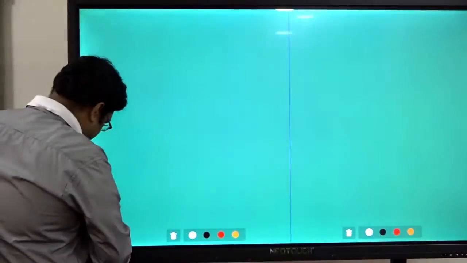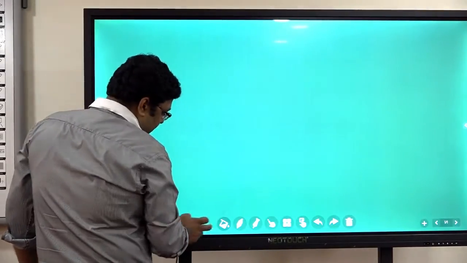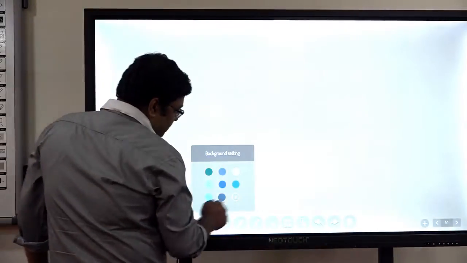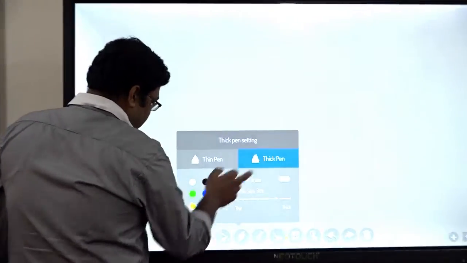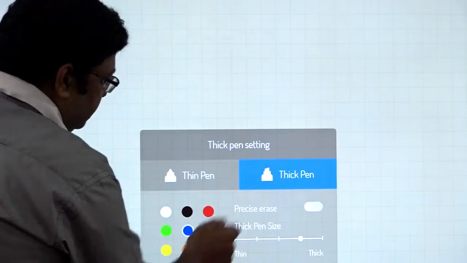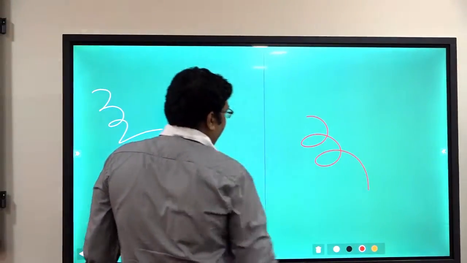If you want to split your screen into two, you can see 2 pages are here. Okay, let us take a clear background, then you can see it better. And let us change the pen color also, right? Let it be blue, and split screen, we are splitting into 2. You can see 2 different screens are coming up. So one student can write here and another student can write here.